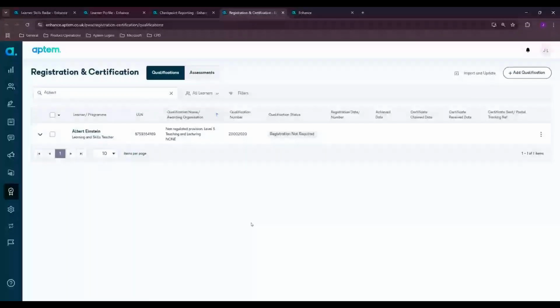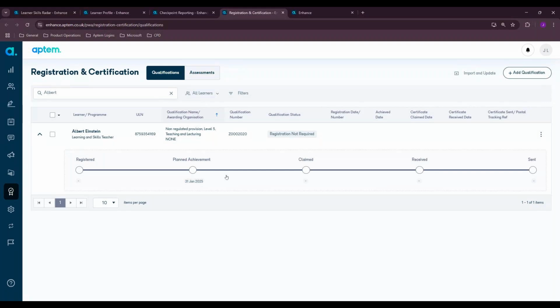So we're in the registration and certification page here for Albert. And we can see here that there is a generic regulated provision for his level 5 teaching and lecturing qualification, which is essentially a component aim that sits in the ILR because there has to be at least one component aim within the ILR alongside the main programme aim. As a result of the build within Aptem, the qualification status is registration not required. And if we drill down, you can see the planned achievement date in here as well,